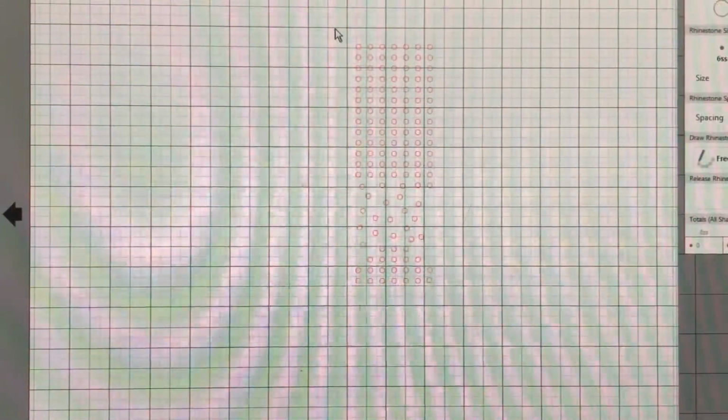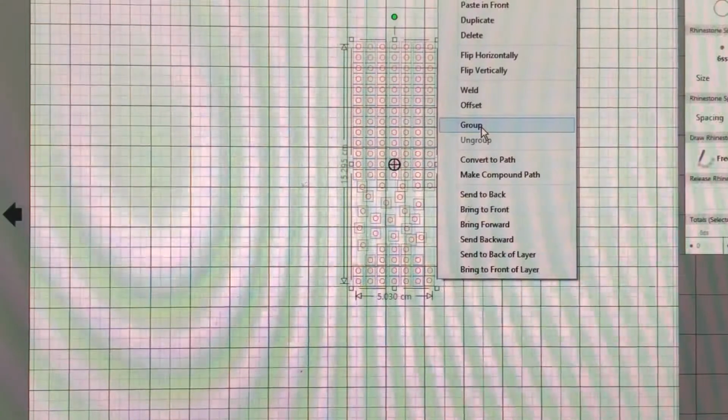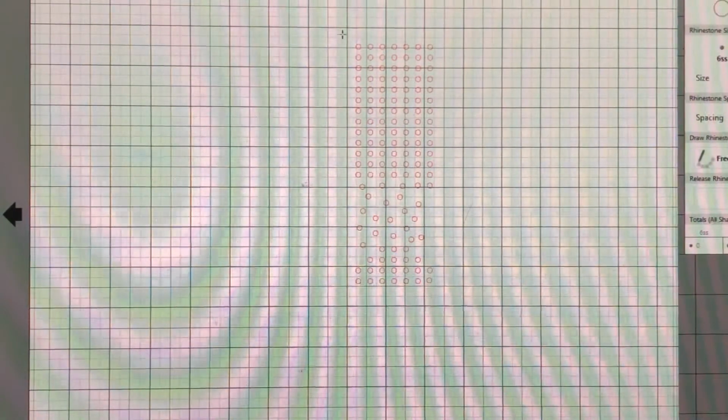Okay, so once you're ready to do that, you just group them all back together. So if you're happy with that, group them all together. So then wherever you move them, they go together. So if you're happy with that and you're ready to send it off, don't forget to put your